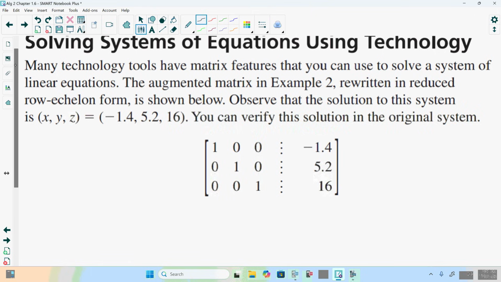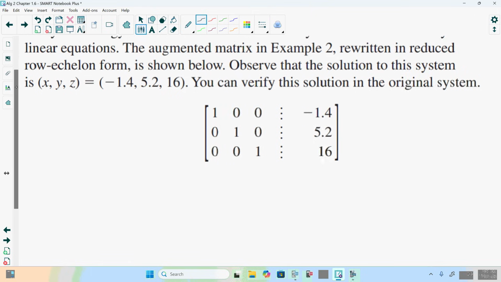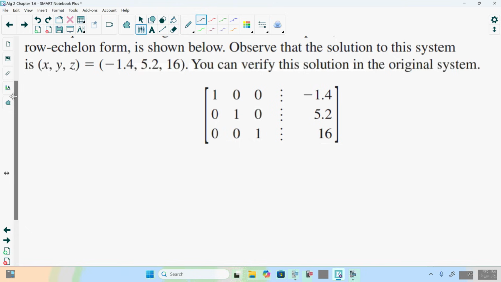Solving systems of equations using technology. Using these augmented matrices, we can solve systems of equations. As we look at this first piece, we are given this matrix that has a diagonal of 1s and all 0s. And as we've been plugging these in to get the system of this augmented matrix,